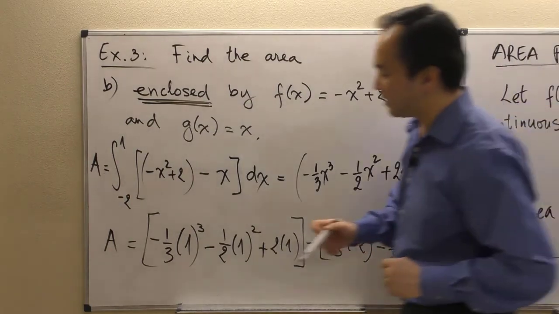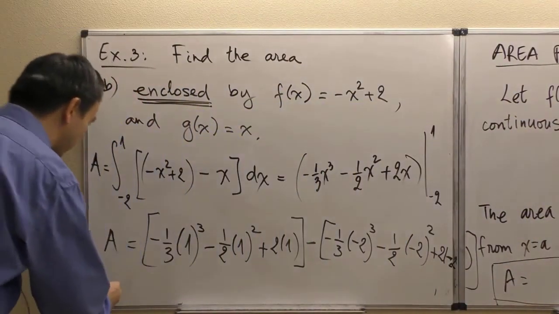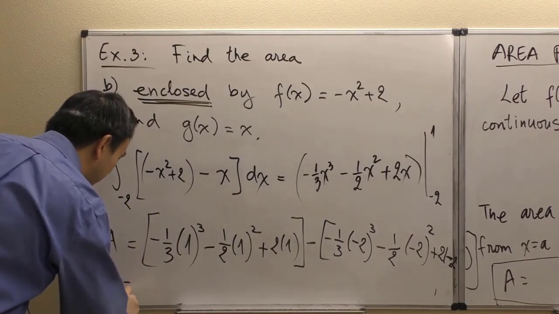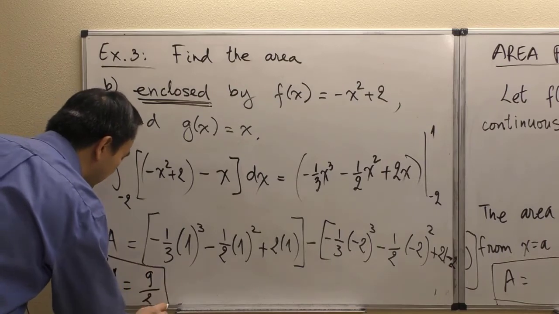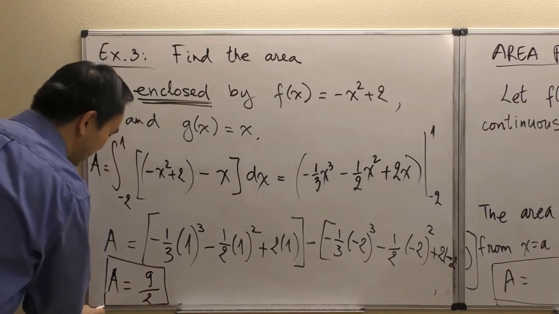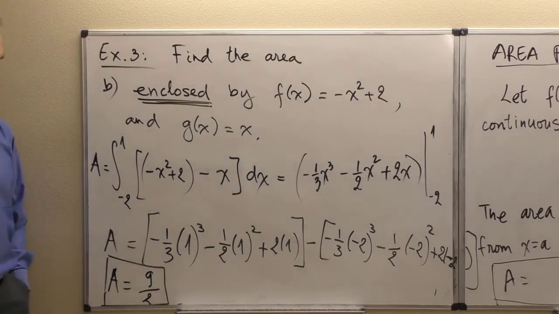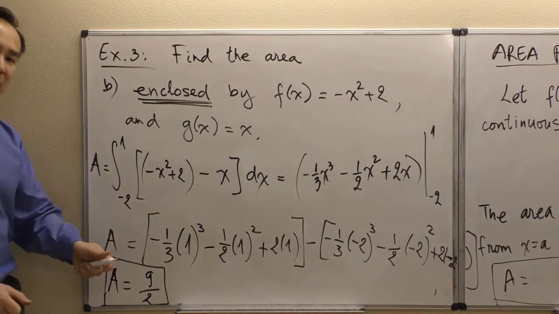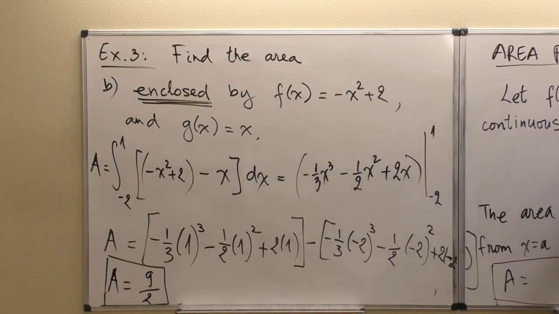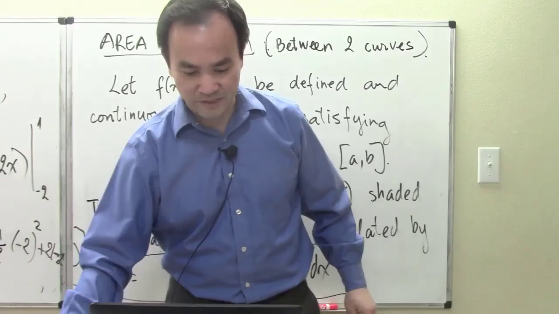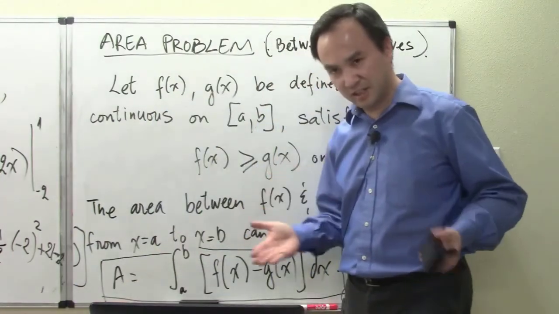All right, so my final calculation in fraction is area equals 9/2. That's our final answer for that kind of problem. And that's the end of this example 3. Now before I'm completely done with this particular lecture about definite integrals,